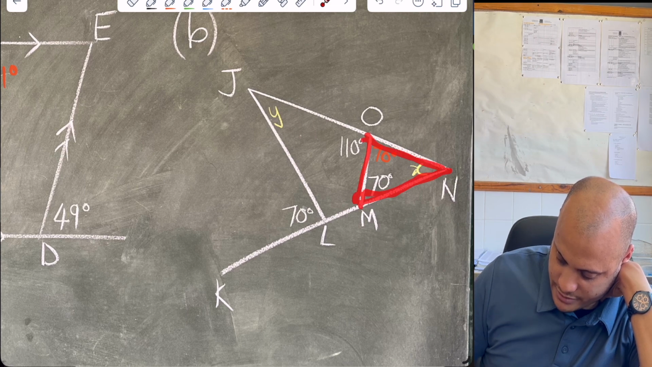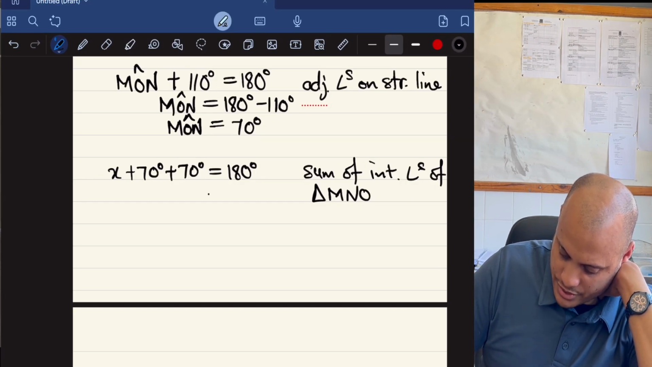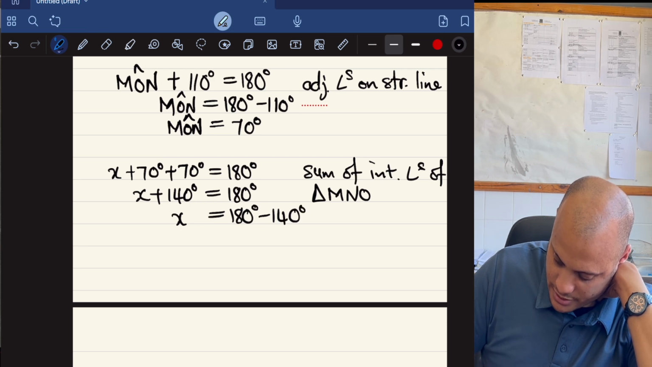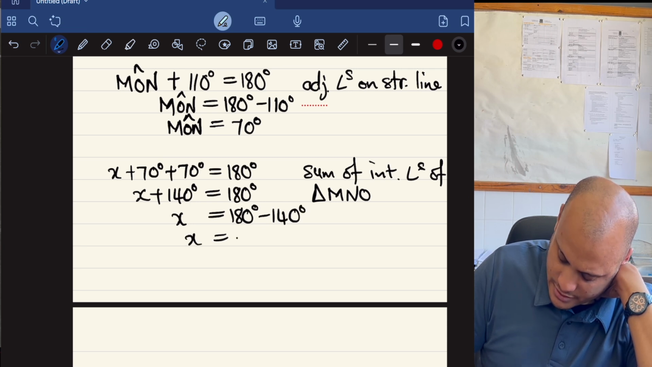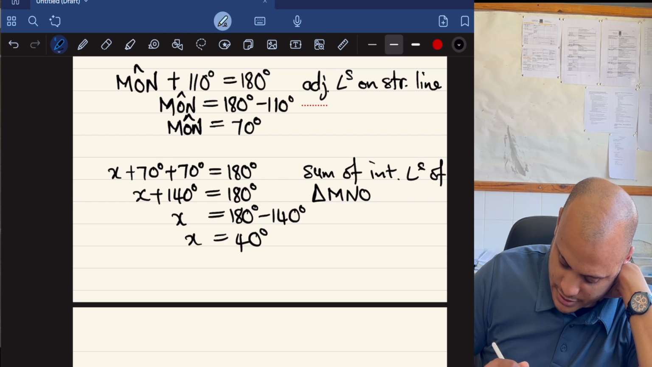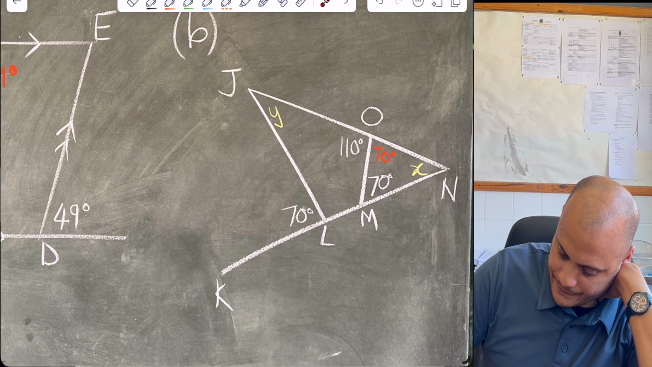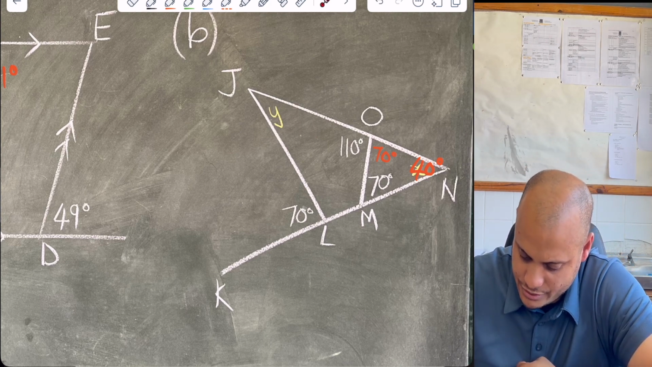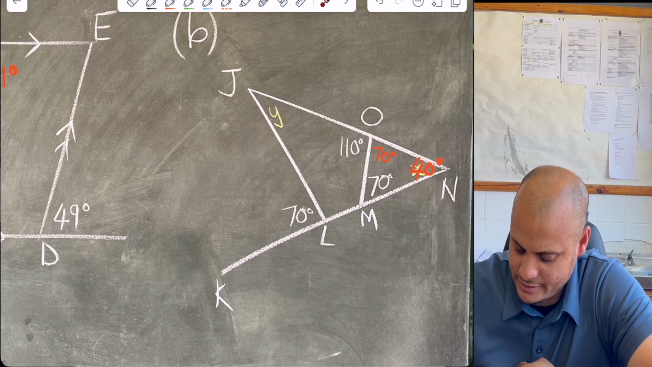So in triangle MNO, that triangle there, we are going to add up 70 and 70, and we get 140 degrees is equal to 180. So x is equal to 180 degrees minus 140, and we of course have that is 40 degrees. So x is 40. Okay, so now let's just regroup and see how are we going to find the value of